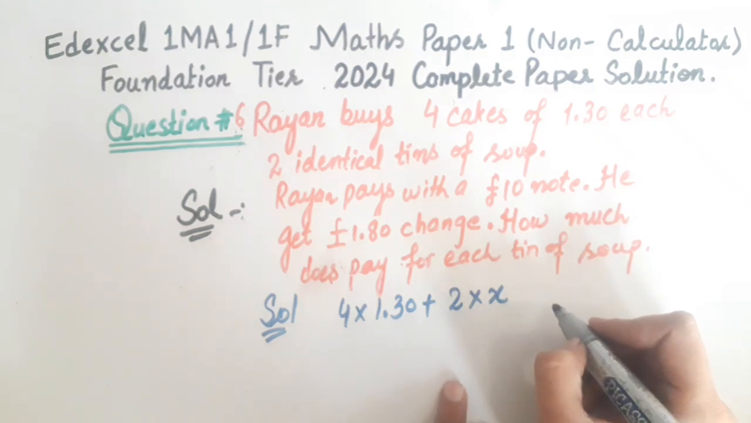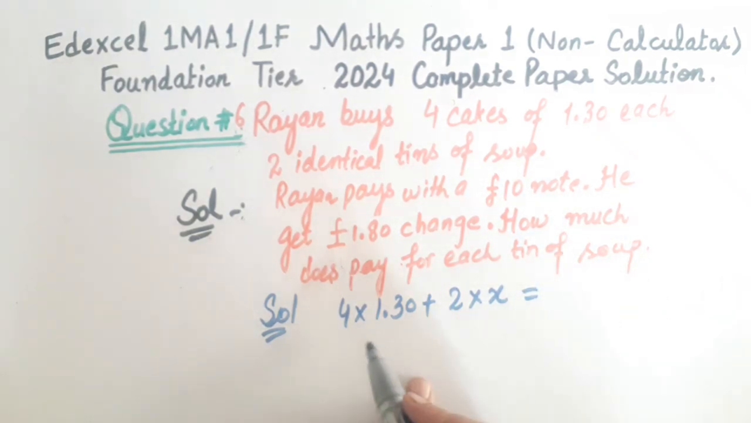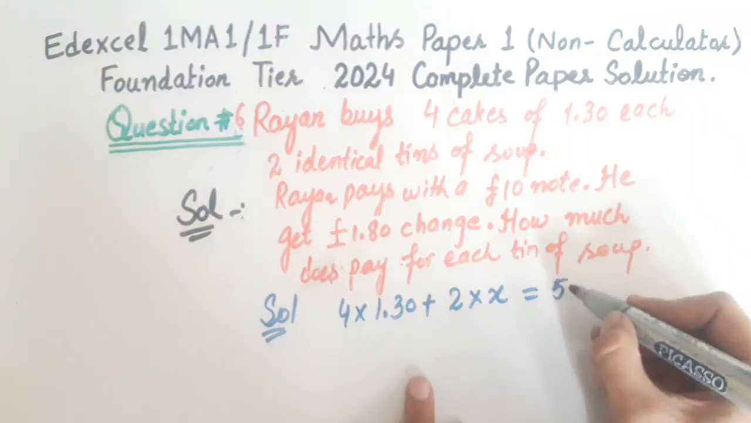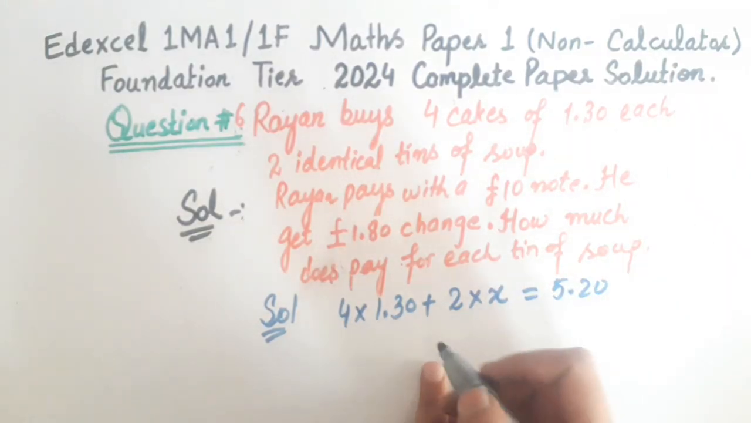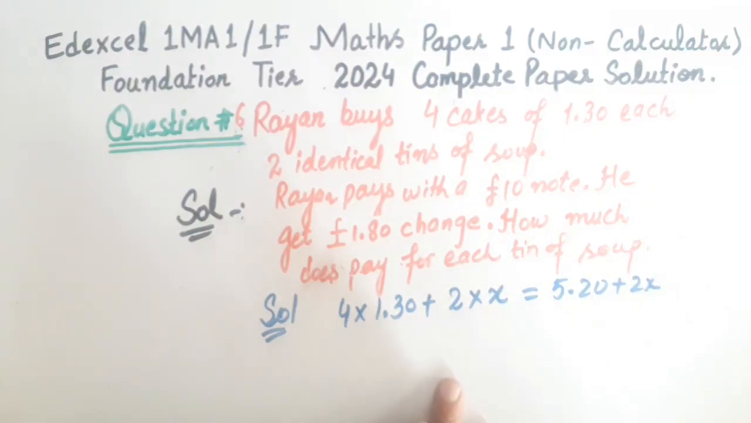And the total amount will be 4 multiply 1.30, which is 5.20, and 2 multiply x will be 2x. Then we see that he gives total 10 euro. So 10 minus